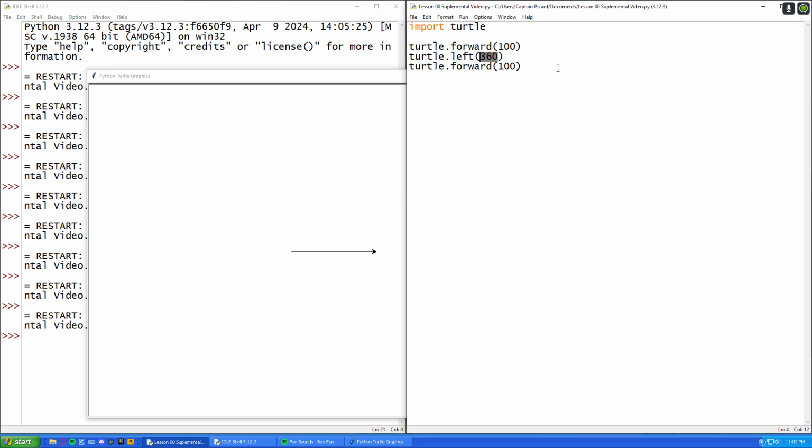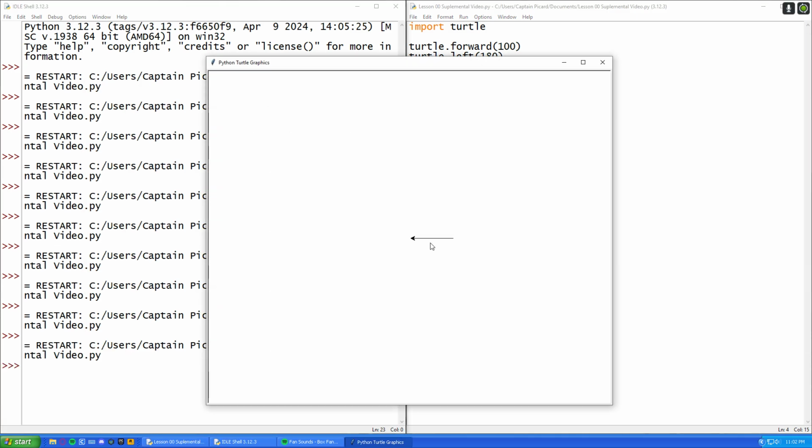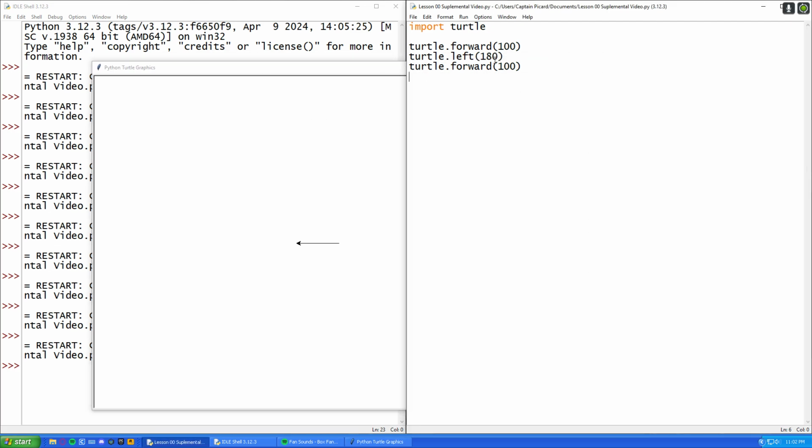If we tell it to go 180 degrees, which is half of 360, then we'll see that our turtle goes forward, turns around, and goes back the same way it came. Okay? All of this to say, we can use this information to make very, very basic shapes. Okay? So if I have turtle.forward 100, turtle.left 90, and I do this again, and I do it 4 times,